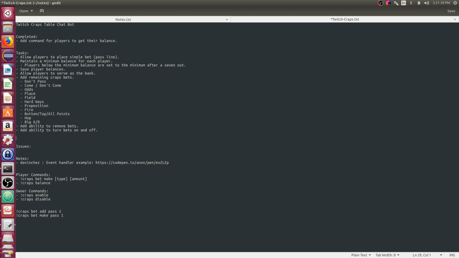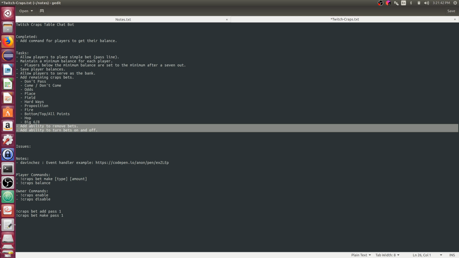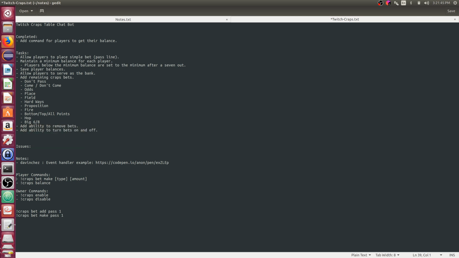And we don't have this logic yet to add and remove bets and to turn bets on and off, so maybe for now, let's just not do that at all. Let's just leave it simple. The keep it simple, stupid principle. And hell, we don't even really need the type at this point, because all we have is the pass line bet. But we know we're going to add new bets almost right away, so I think establishing the type right away will be good. And the amount. So let's stick with that. So craps bet pass 1. This will kind of be the target we're going to go for here.